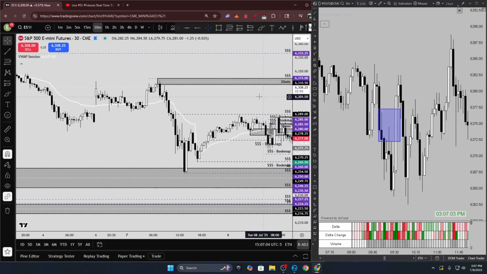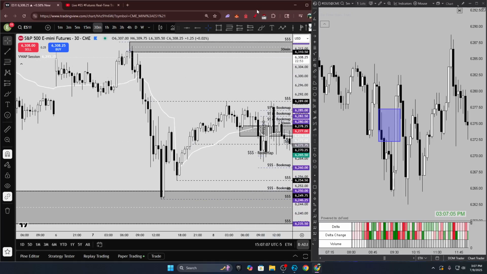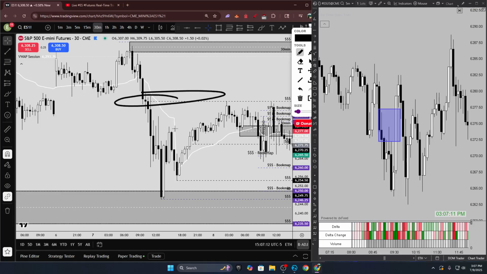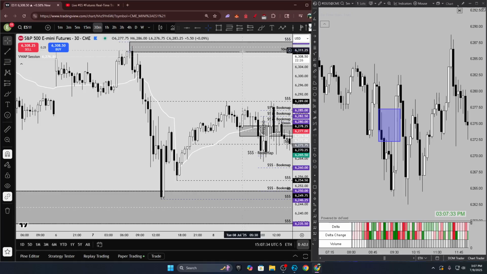And at that moment, coming into the day yesterday, what we saw was that we were hovering between two levels. We were hovering between this upper liquidity level, and also between these lower levels down there and this zone as well. So what we were basing our day off of was to see a reaction off of the zone. If we break below the zone, we can take shorts. If we hold the zone, potentially we can take longs. And that is with confluence within Bookmap as well, and the fact that there has to be targets on Bookmap for us to actually reach.